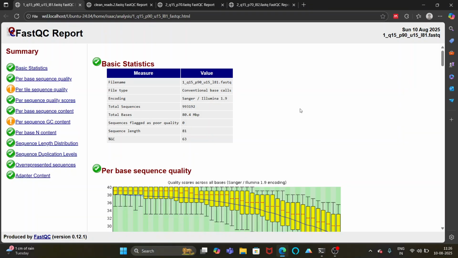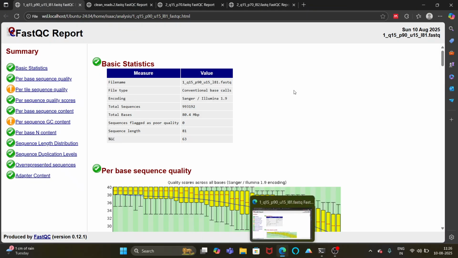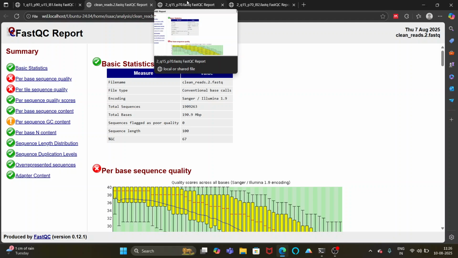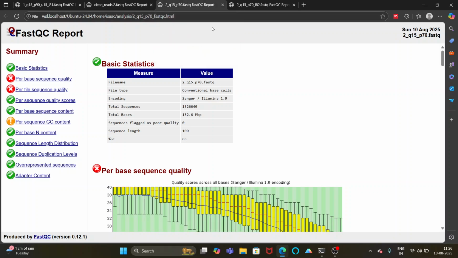So basically what I have done is that I went through the second file, that is the reverse read file. This is the particular raw format that we got from the FastQC analysis. You can see that there are about 90 lakh sequences. Both the forward read and reverse read had this particular number of total sequences. But what I have done is that first I used the fastq quality filter. These are the parameters, Q15 and P70, that I used. I used the minimum quality control parameter to run the file,